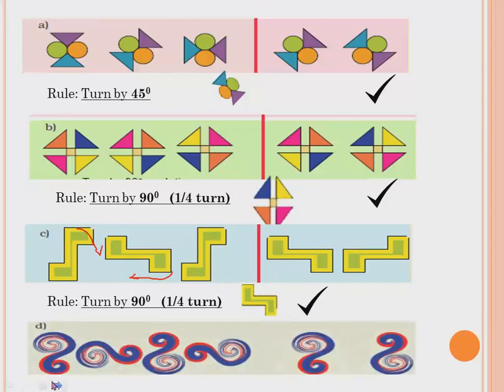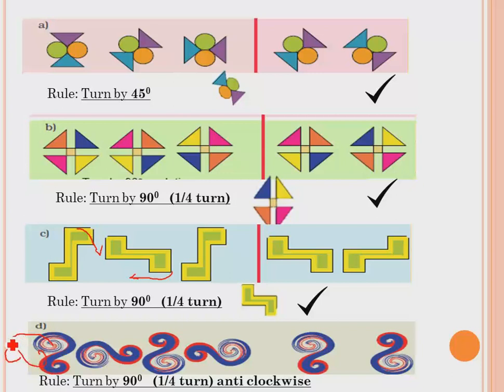Now, the last one. The shape is like this. Again it is changing like this. Again it is changing like this. Again it is changing like this. So, what is the rule? It is turn only 90 degrees. But how is it turning? You can see here, actually this is here, but again it has become like this, which means this has come this side, this has come this side. So, it is going anti-clockwise. Just now I told you, like this if we go it is clockwise. If we rotate in the opposite direction, then it is anti-clockwise. Understood? So, it is taking a 90-degree turn only, but it is anti-clockwise.